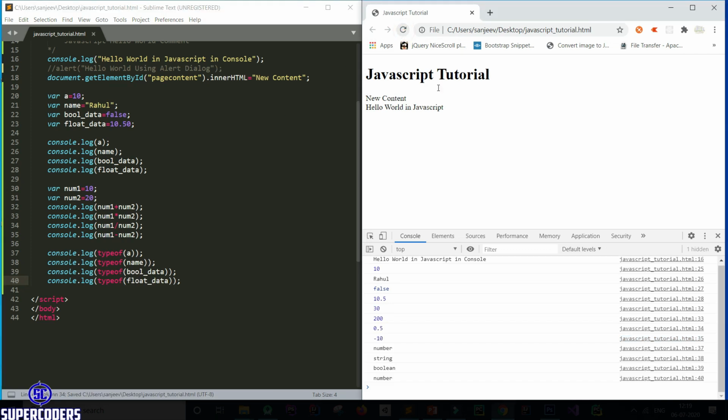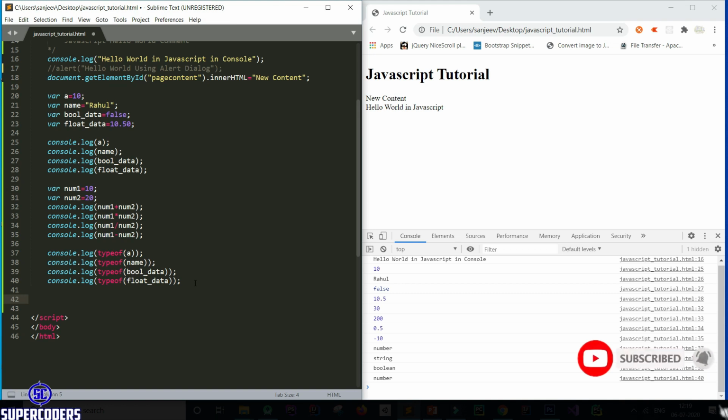Click on refresh. So you can see a is our number data type, name is our string data type, false is our boolean data type, and 10.3 is number data.